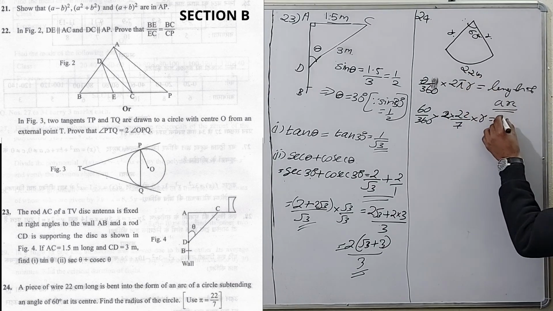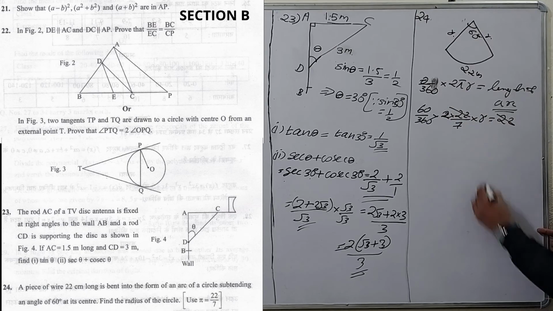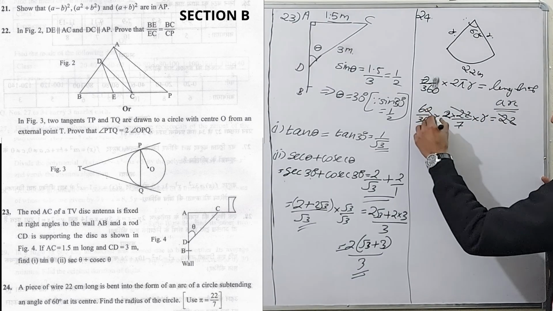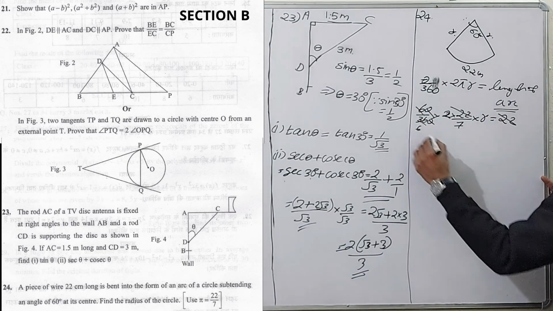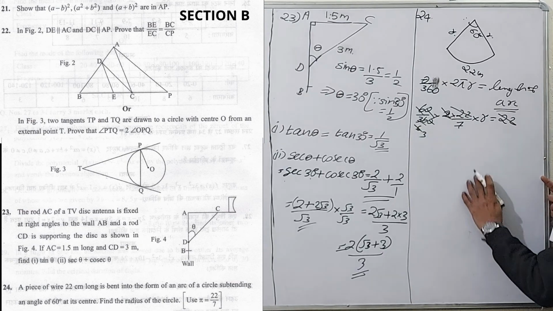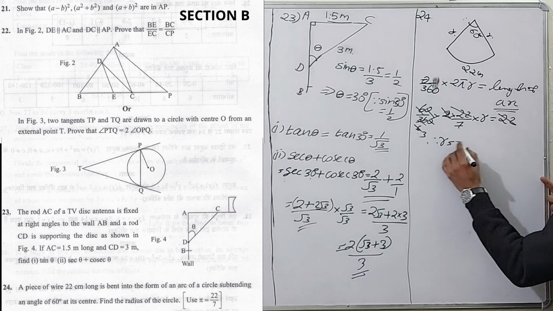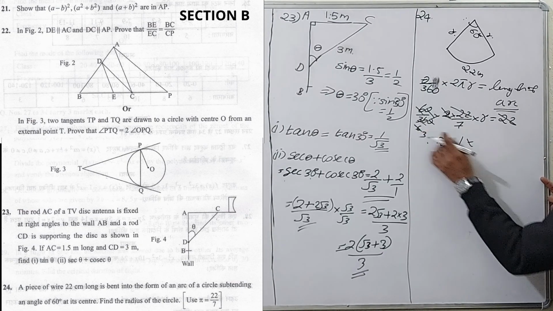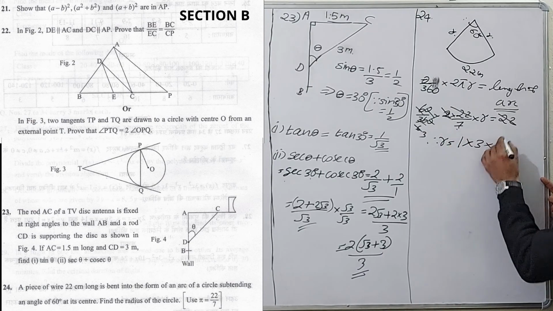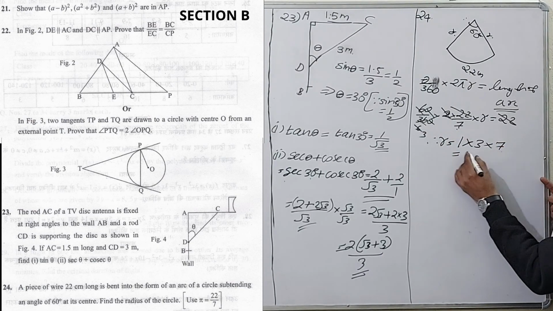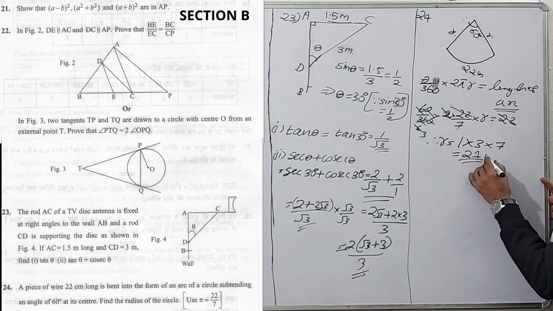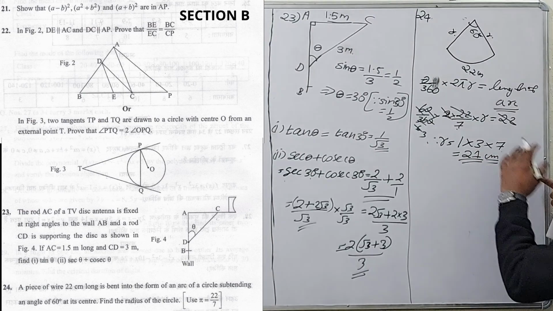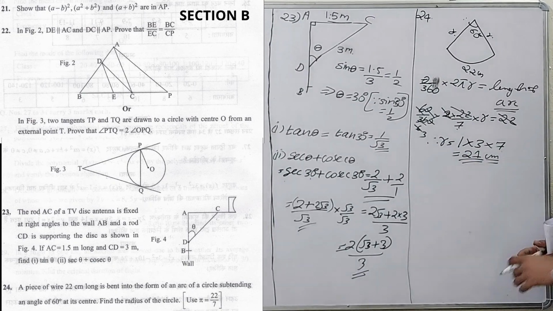The length of the arc is 22. 22 is on the common side, so just cancel it. 0 is cancelled. 6 by 6 is there. I can cancel 3. So therefore r is equal to 22 cancels, so 1 into this denominator 3 will be on the numerator, denominator 7 also on the numerator. That is equal to 21 centimeters. Clear? This type of question used to be asked. These all questions carry 2 marks.